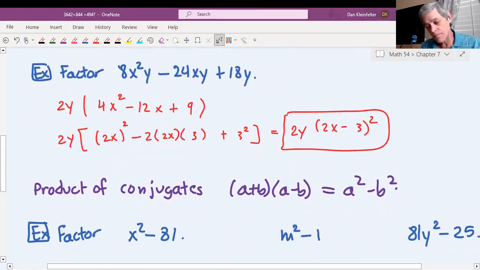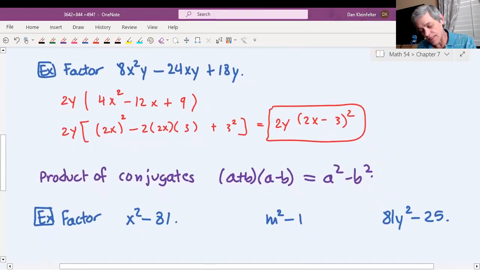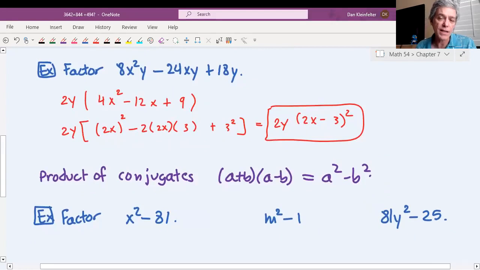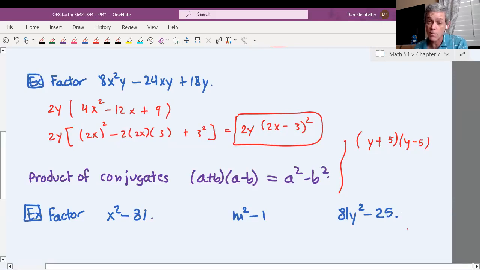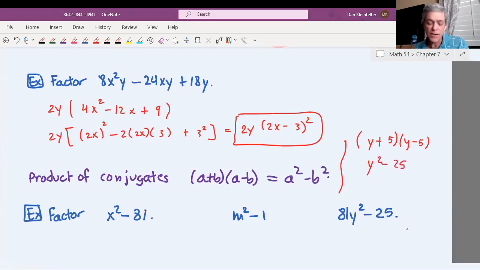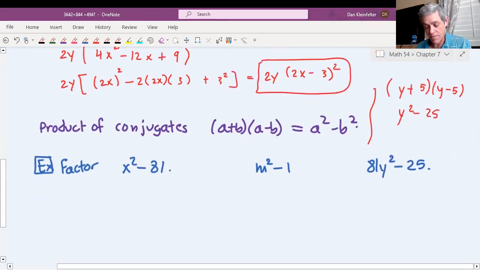Okay, so that was the perfect square trinomial pattern. The other one that we had seen when we were doing multiplication was the difference of squares or product of conjugates formula. So let me do just one multiplication just to remind you how this goes. If you had y plus 5 times y minus 5, if you want to use FOIL or some other method to get this done, you can. Otherwise, you could recognize that the y's are the same, the 5's are the same, one plus, one minus, that's a product of conjugates, or a difference of squares formula will apply, and you can just write y squared minus 25. So we're going to do that here, just kind of running it backwards